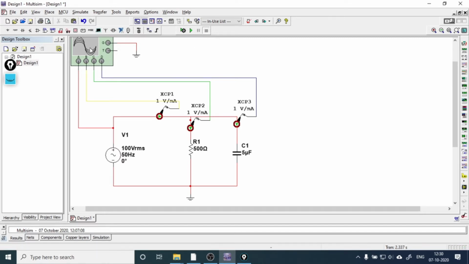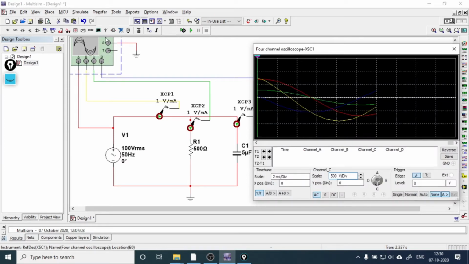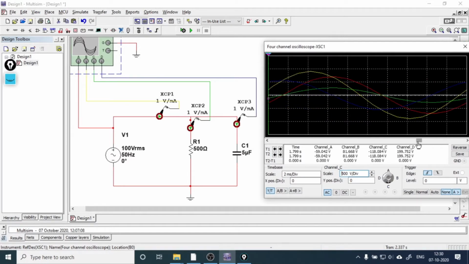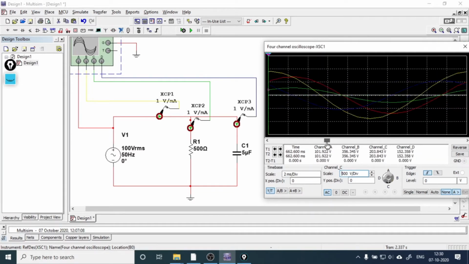We'll stop it and we'll observe the waveform. Basically the aim to perform this analysis is to observe the relation between phase angle of voltage and current passing through resistor and voltage and current passing through the capacitor. So voltage across capacitor and current of capacitor, voltage across resistor and current through the resistor. The relation between all these parameters and quantities is what we are going to analyze in this experimental video. So let's begin our understanding.